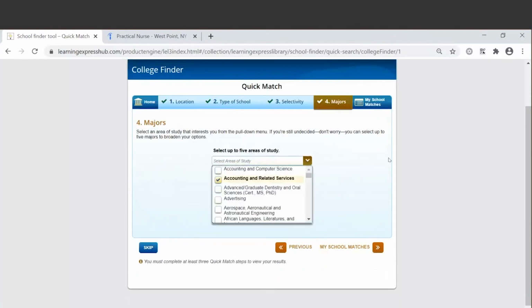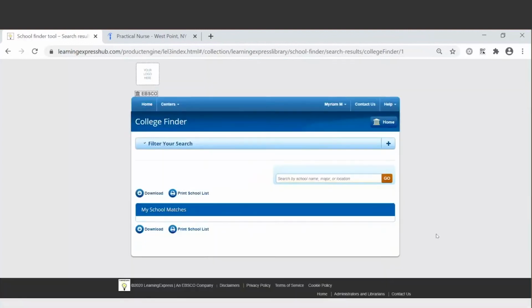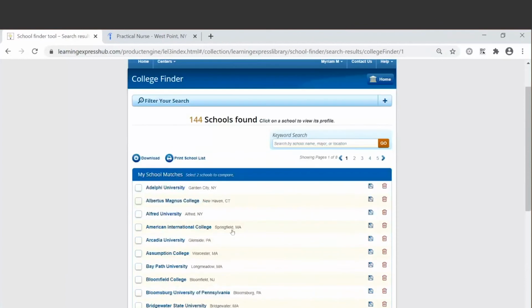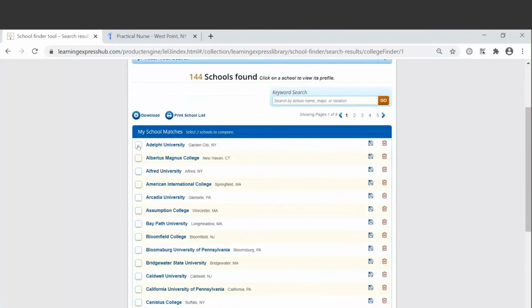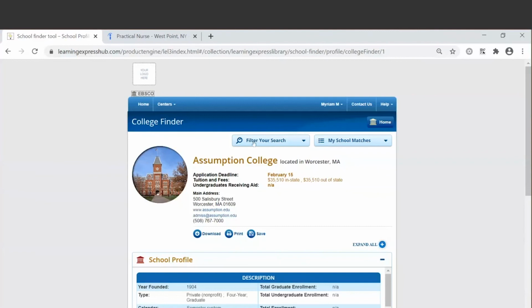Let's do accounting. And then you'll get a list of school matches. And so again, your users can just select the schools that are of interest. They can click on one, take a look, and again, it will give them all the information about the school.